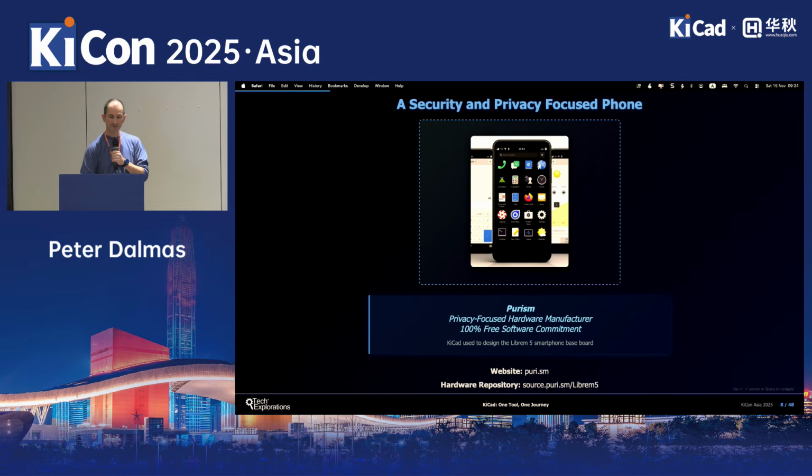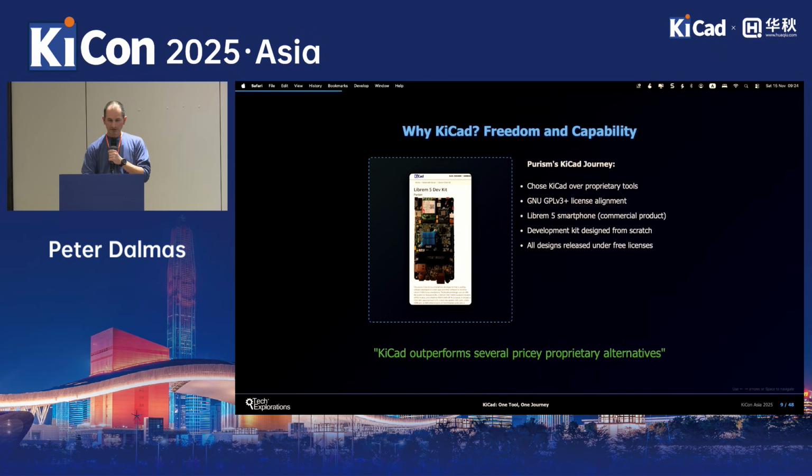It's using Linux as the operating system for this phone, and of course, all of the boards that make up the insides of these phones are designed on KiCad. And Librem 5, I believe, is the current offering. That's just another example of what you can do with open source. So KiCad gives you freedom, obviously capability, and that capability, as we learned yesterday as well, and probably today as well, increases over time. So with every version, we get new capabilities that are bridging the gap between what you can do with KiCad and with other commercial options.